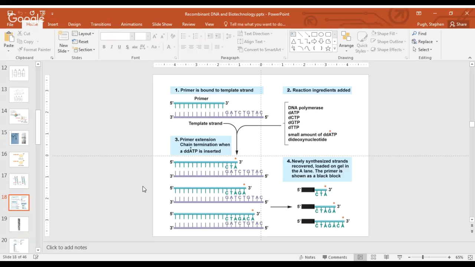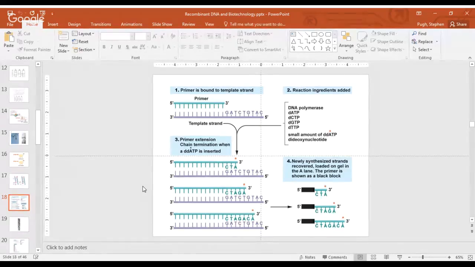And so when that happens, then no more extension of that single-stranded piece of DNA can occur. So that ends the process of DNA replication for that particular piece of DNA. In other pieces of DNA in this sample, a normal A may be attached as the third nucleotide, and then it goes on to the 5th where another A is supposed to be attached, and that one is a dideoxynucleotide, which ends replication. And so what you get when you do this are pieces of DNA of different sizes,